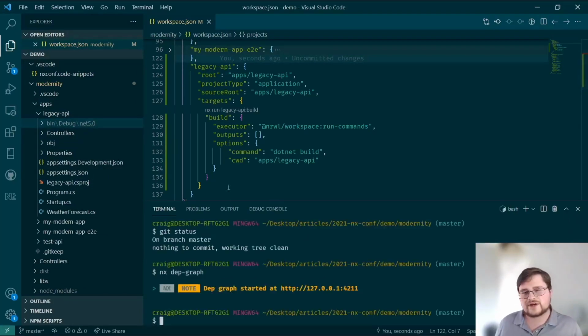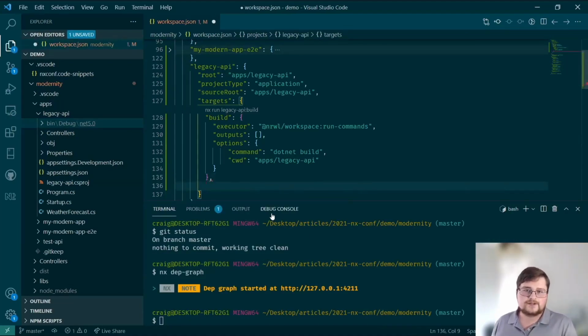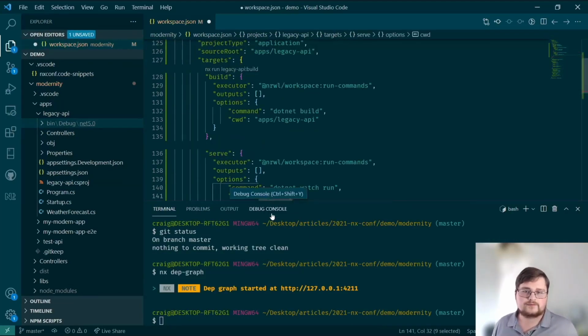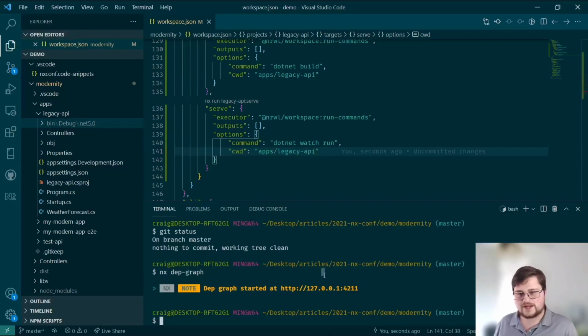But run commands doesn't have to just be used for build. We can easily use it for serve as well. So for an example serve, we can set up our serve executor. And we can see we're still just using run commands. And we're going to use .NET watch run. And I want to do that in apps legacy API. So now, if we run nx serve legacy API,